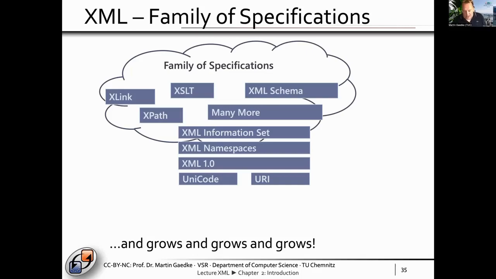Just to give you a brief overview, when we are talking about this family of specifications, we are talking about XML 1.0. That's the core XML specification, which already uses other specifications like Unicode and the concept of the URI